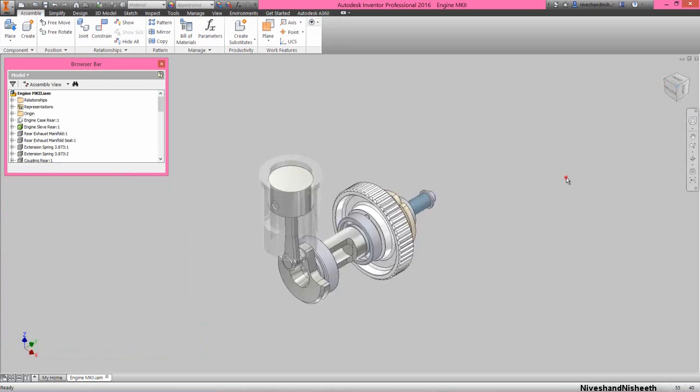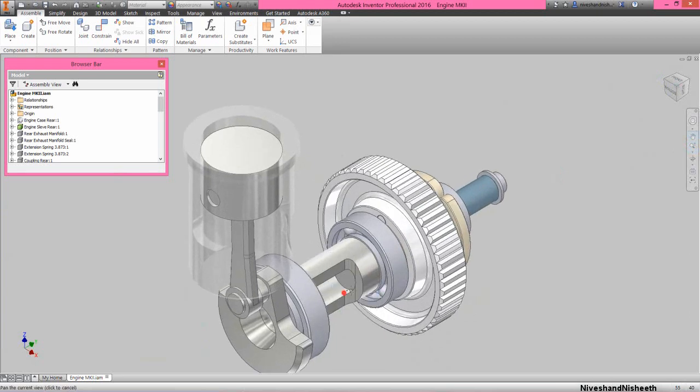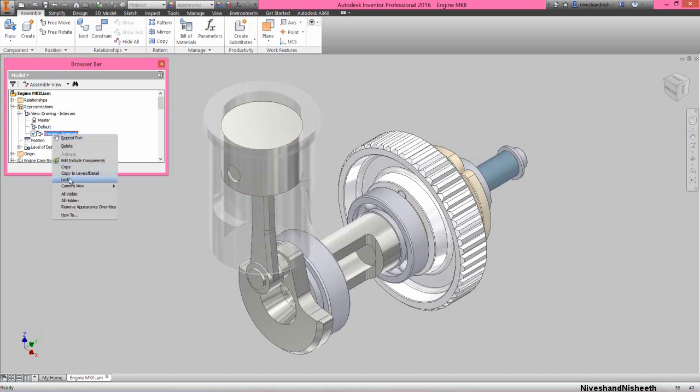Now rotate the assembly in this position. Okay, alright. Now we will lock the drawing internal view.